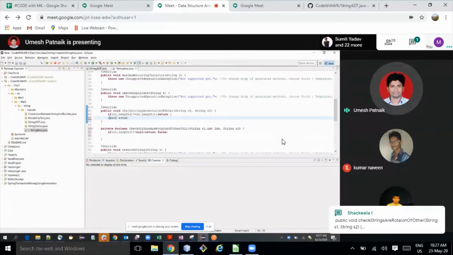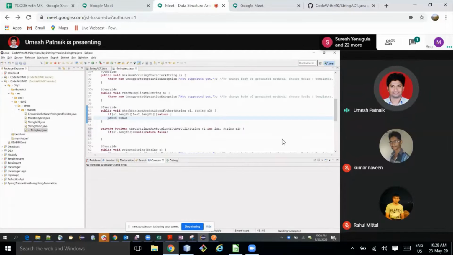Then I'll see the length from here and compare with this. If it is the same, then I return true. Or else, I go recursively. If it is MESH, then from here I see MESH is not the same length, so I take the length and the entire string and compare.